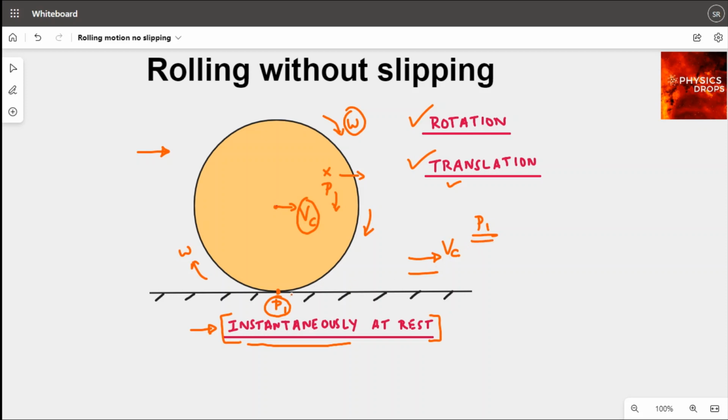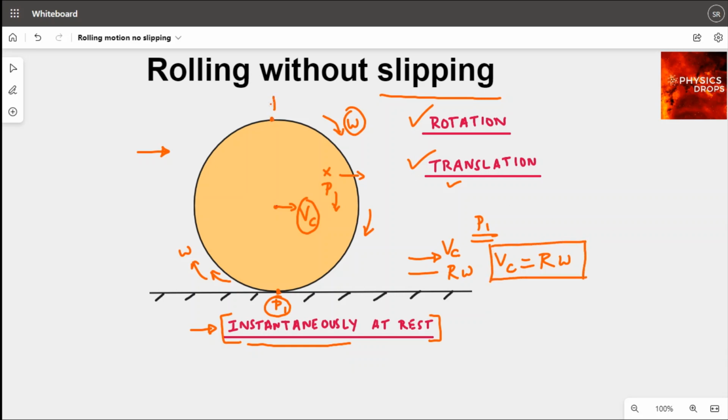And if you see at P1, the rotation is in the opposite direction at this instant to the linear translational movement forward. That we know is r omega, radius times angular velocity, r omega. So Vc is equal to r omega, means that point P1 is instantaneously at rest, which means it's not slipping. So the condition for not slipping is Vc should be equal to r omega, which also means that if you